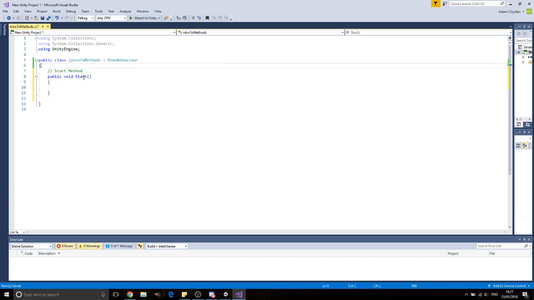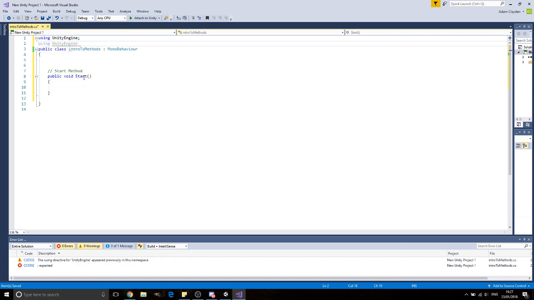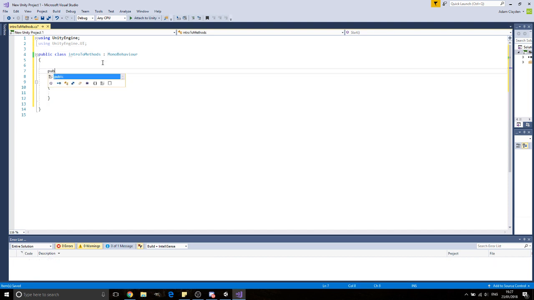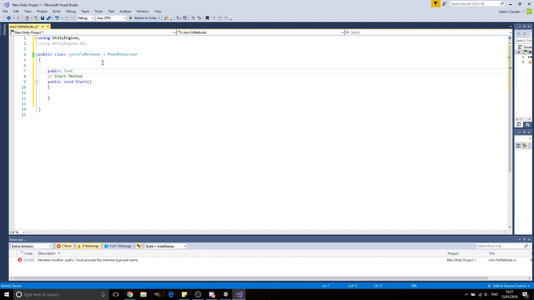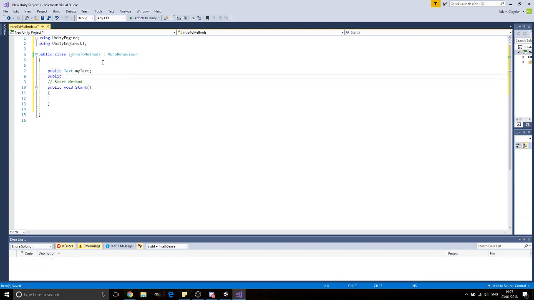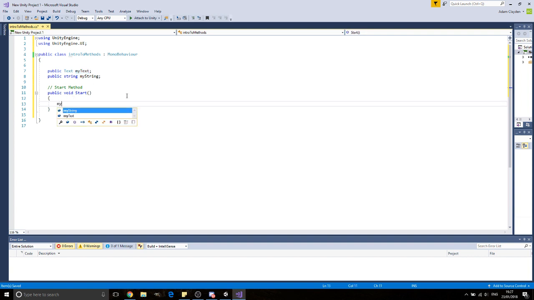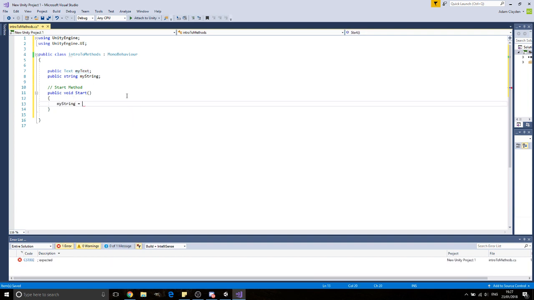Right, so now we've got that, let's go ahead and quickly recreate the first tutorial. So we need to use the UI library, and let's have a public text object, variable, sorry. Let's just call it myText, and then let's just create a string for that. Right, now these are declared because they don't have any values. Now we can define the values in the start method, so let's call it myString equals